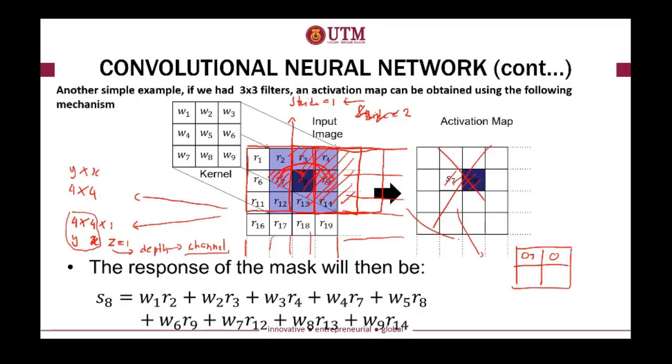The output should be in this way. It's a 2 times 2 matrix, which is O7, O8, O12, and then O13. So 4 times 4 with stride equal to 1, if you convolve with 3 times 3, this is what you get. 2 times 2. So even if you apply the stride equal to 1